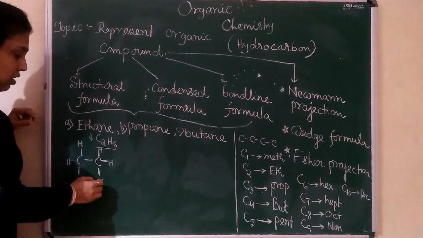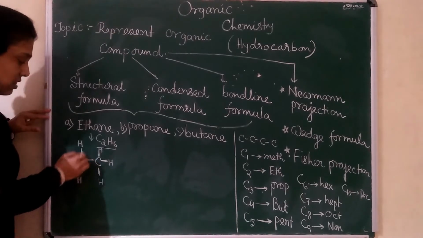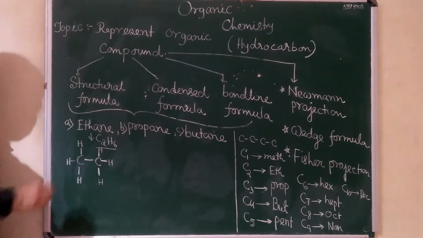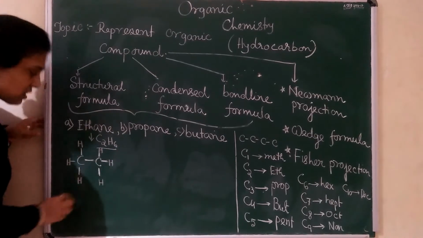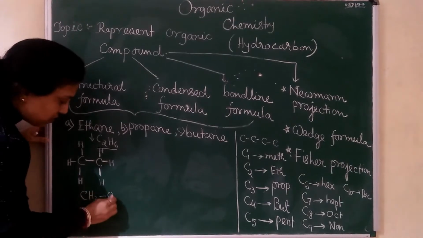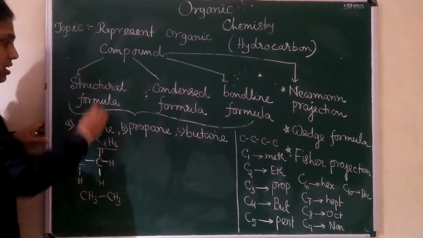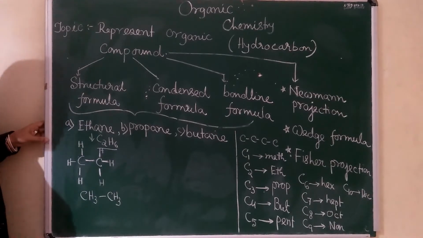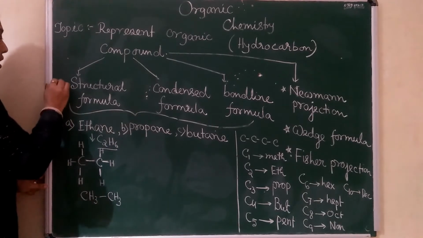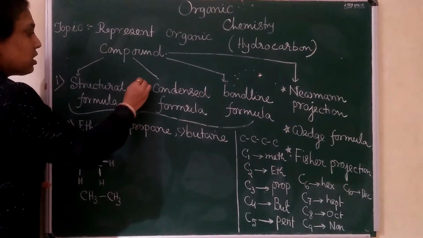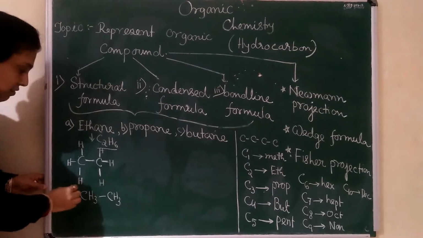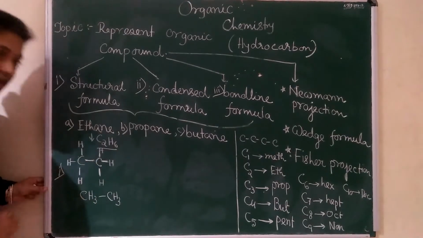Okay, so the hydrogens are occupied, and this hand is occupied by this carbon, and this carbon is also occupying the other 3 hydrogen. Another way you can write this is CH3 bonded with CH3. This is the structural formula. If it is a condensed formula, then what we will do, if this is the first one, I'll write this as Roman 1, Roman 2 and Roman 3. So this is the first way of representation. This is the structural formula.